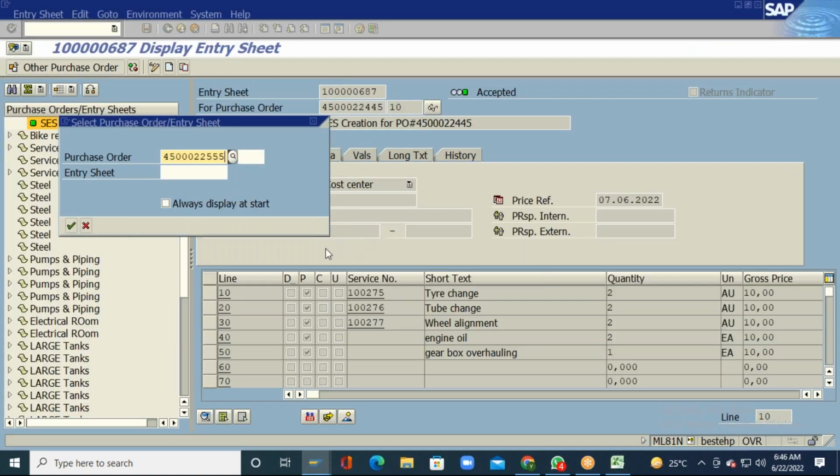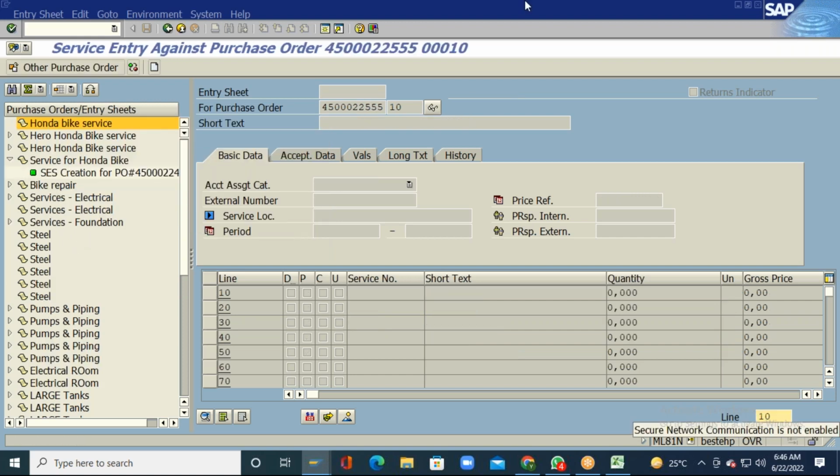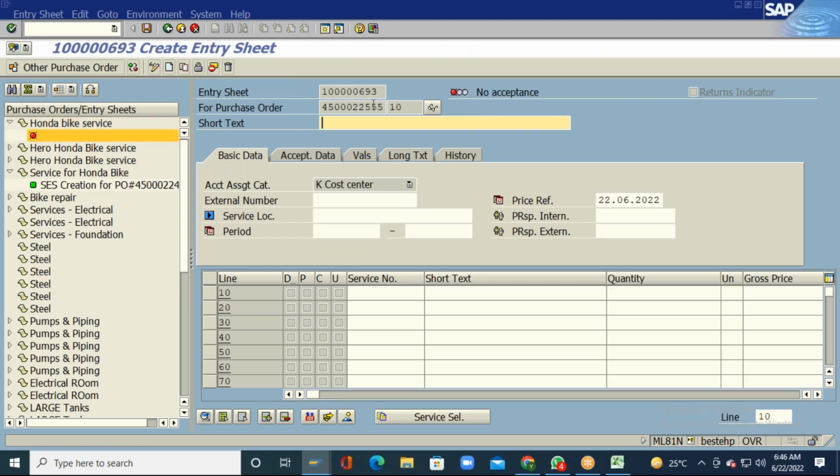I will select the purchase order and I will click on continue and I will click on create. So this is the purchase order against which I am trying to do a service entry sheet. So I will write something over here, service entry sheet for PO 45000225,